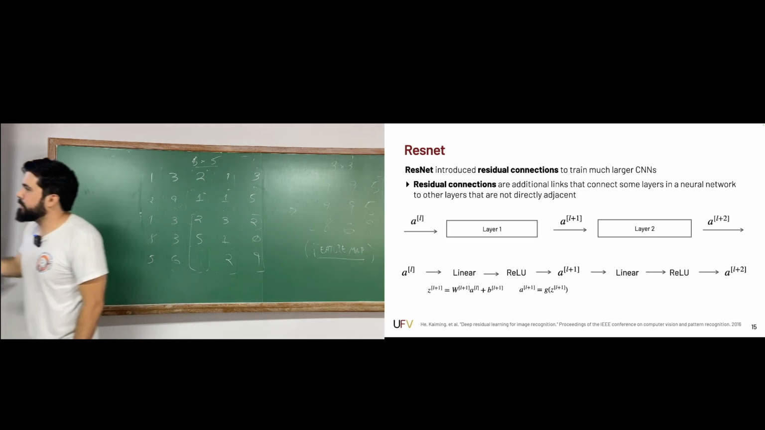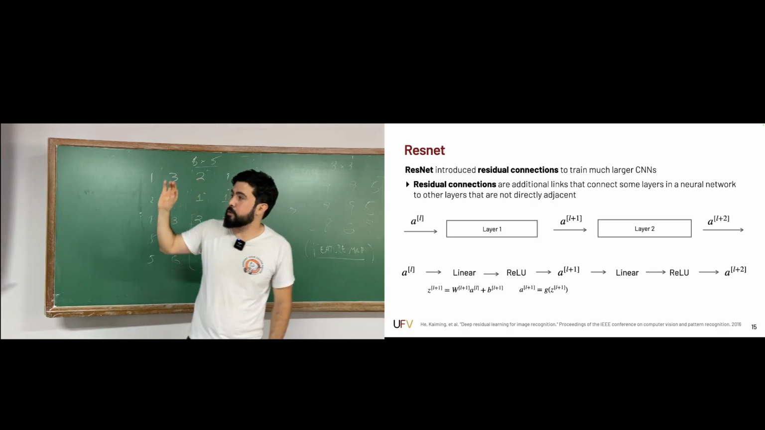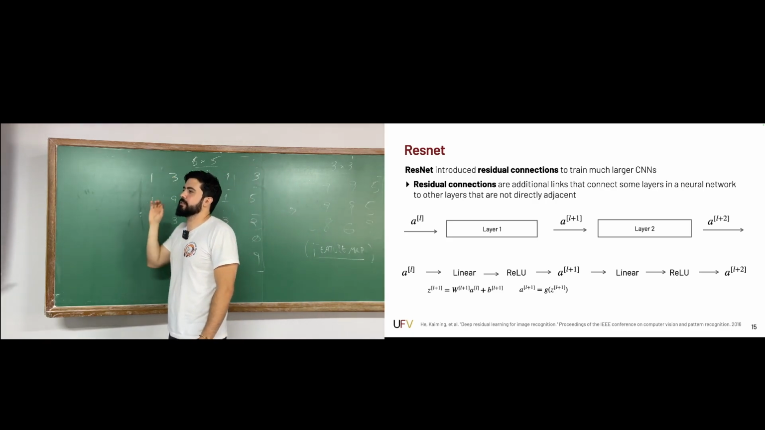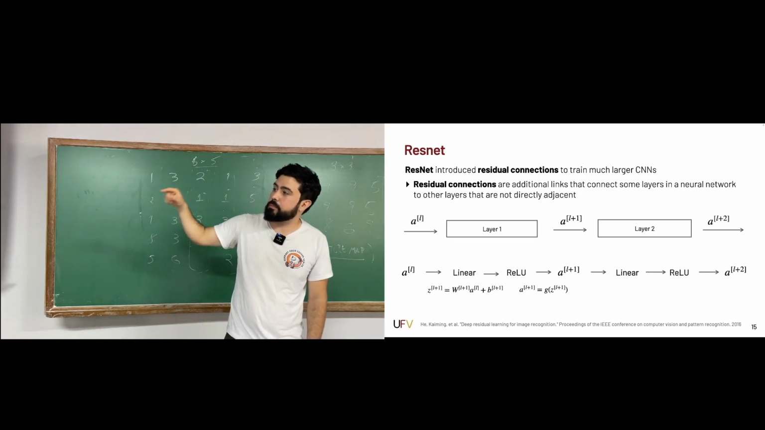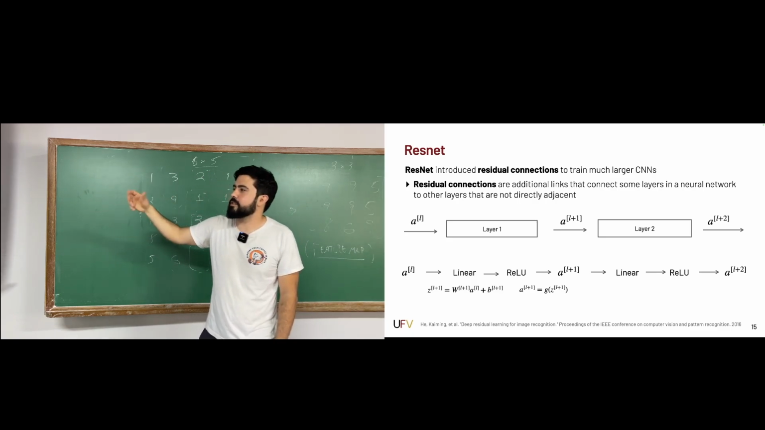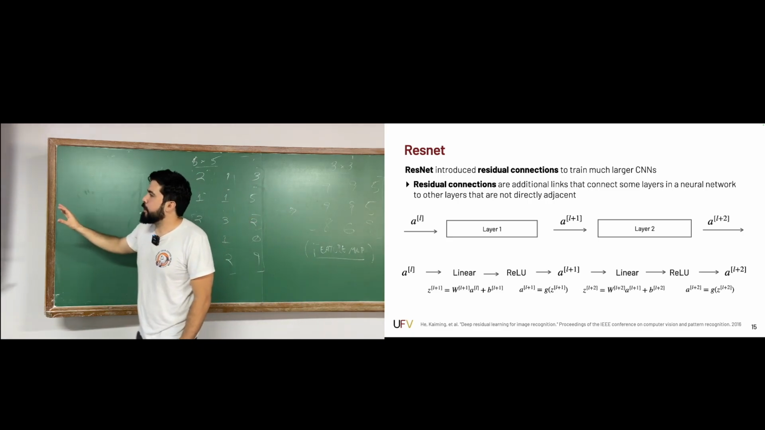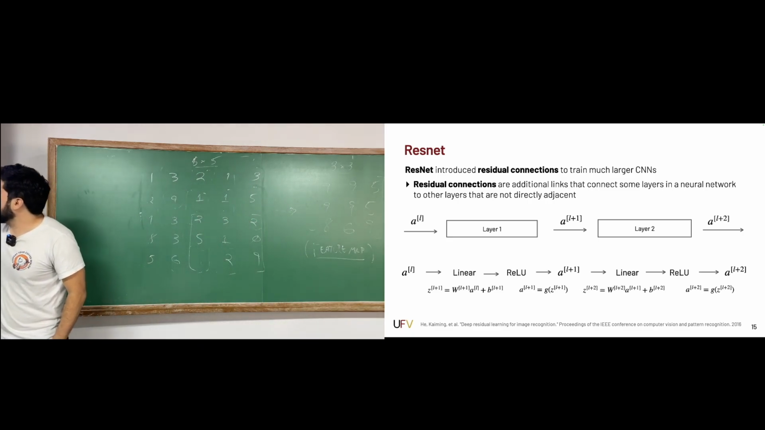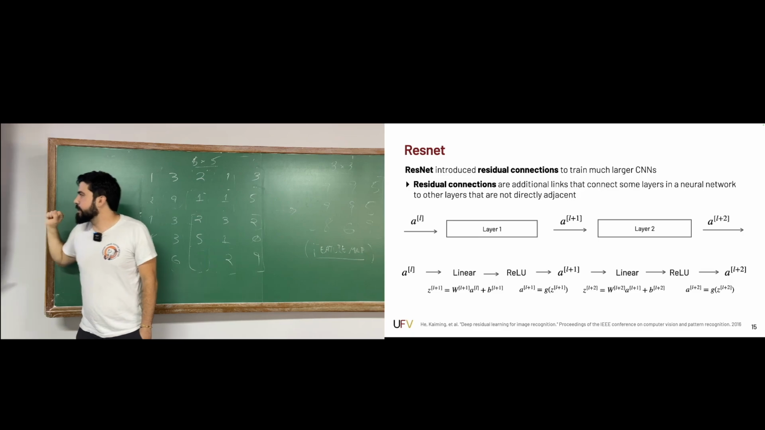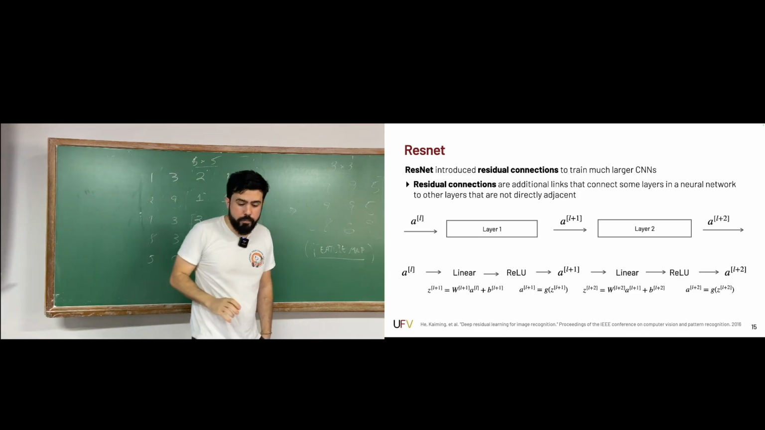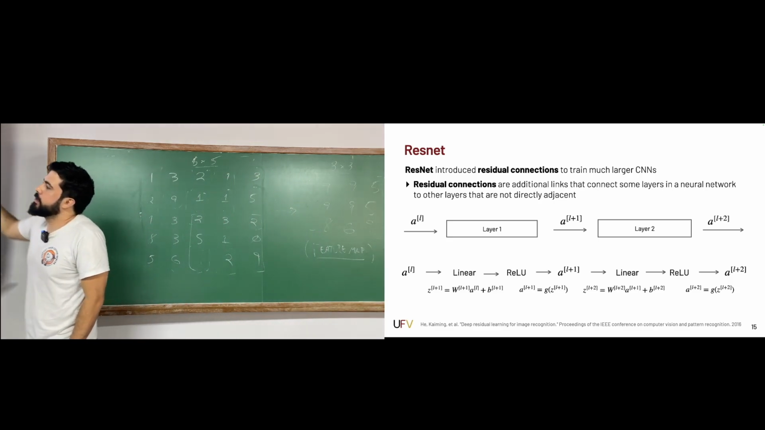Just to go a little bit deeper, the way we compute the linear output is ZL plus 1 equals WL plus 1 times AL plus BL plus 1. And then the activation L plus 1 is just G, which in this case is ReLU, of ZL plus 1. Just going very slowly here so you follow me. Again, for the second layer, I have exactly the same thing. I have the linear part, which is ZL plus 2, and then I have the nonlinear part, which is AL plus 2. This is the normal flow of an MLP